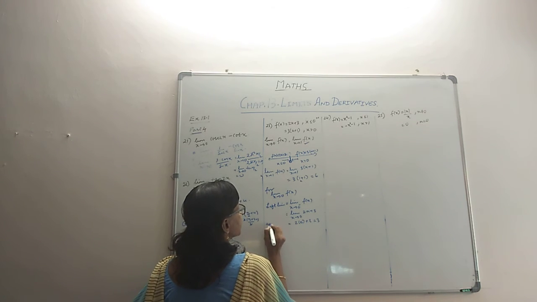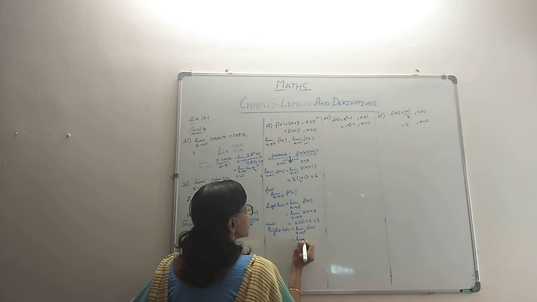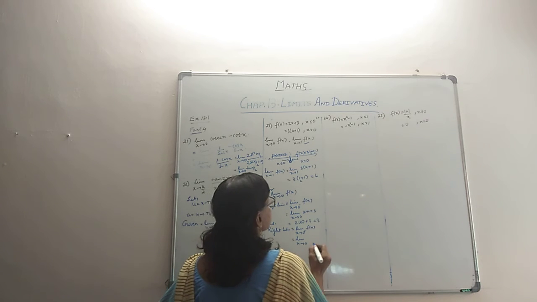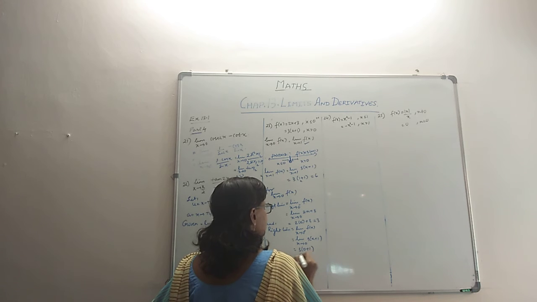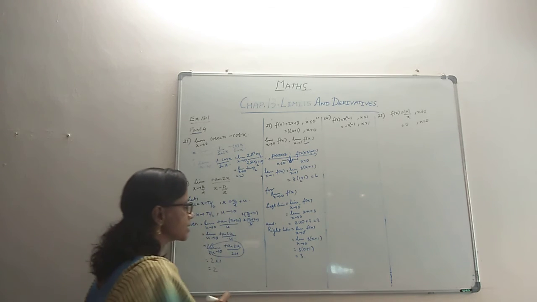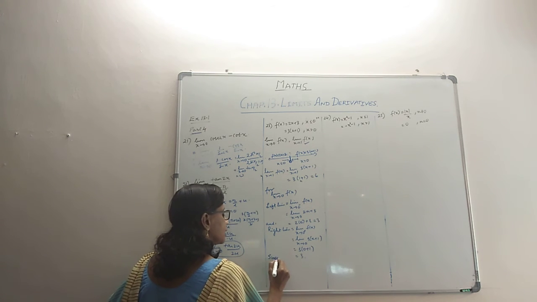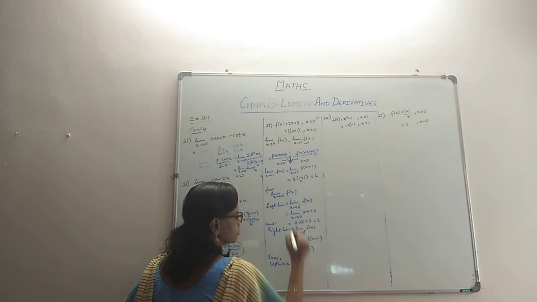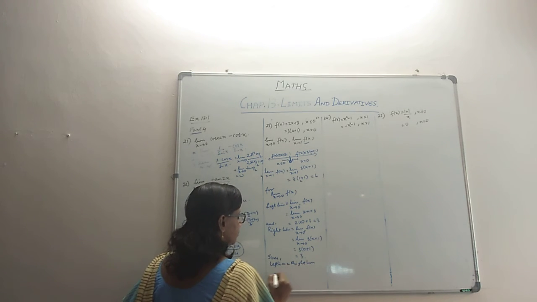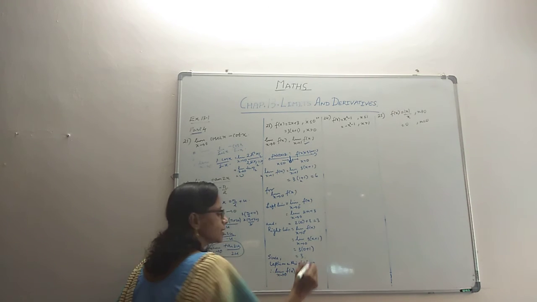Let's check the right limit. The right limit is limit as x tends to 0 plus of f of x, which is like limit as x tends to 0. Once you define the function, there's no need of direction. 3 times x plus 1, where x is 0, it's like substituting. So it's like 3 into 1, 3. Oh yes, it's tallying. Left limit and right limit are the same value, so the limit exists. Since left limit is equal to right limit, therefore limit as x tends to 0 of f of x will work out as 3, right?